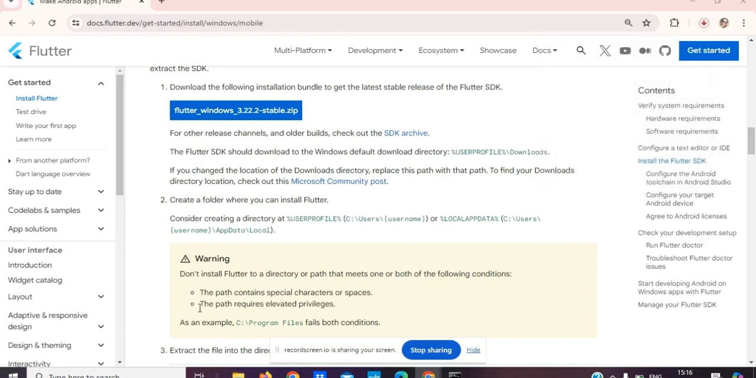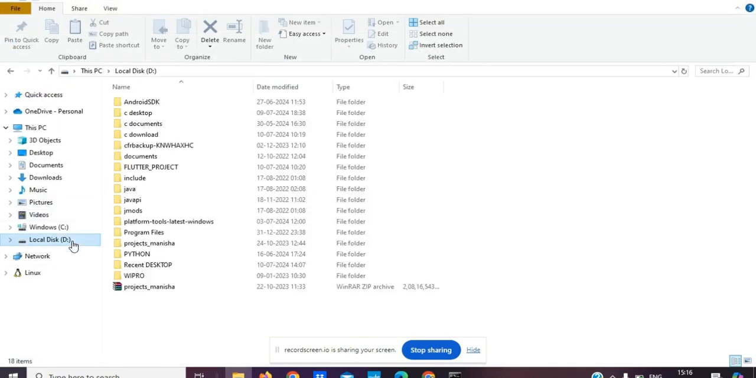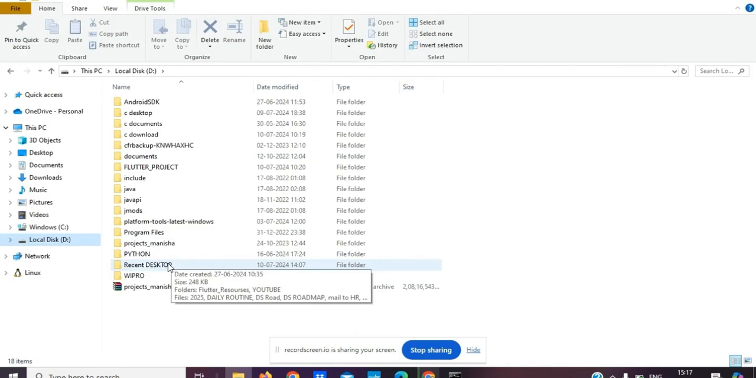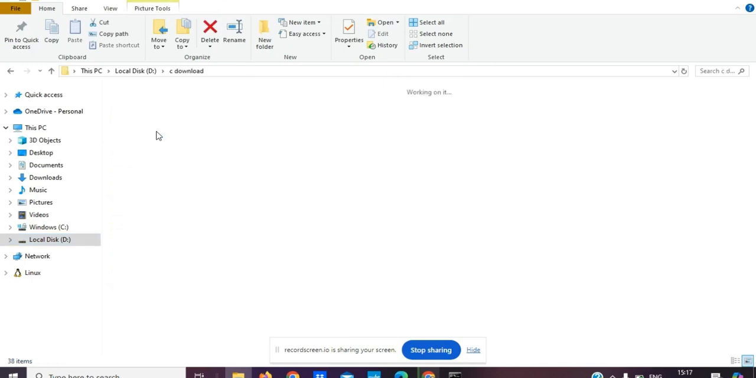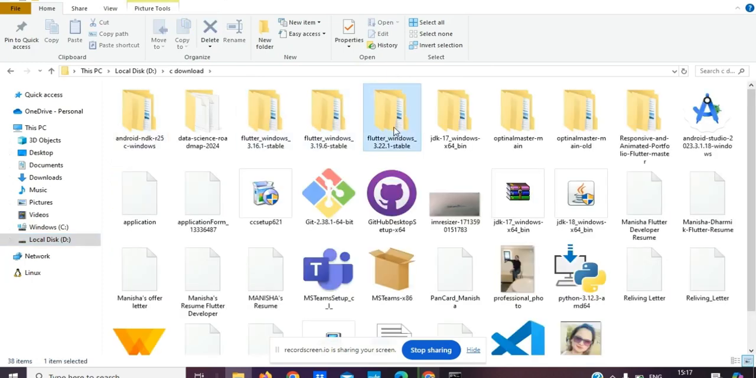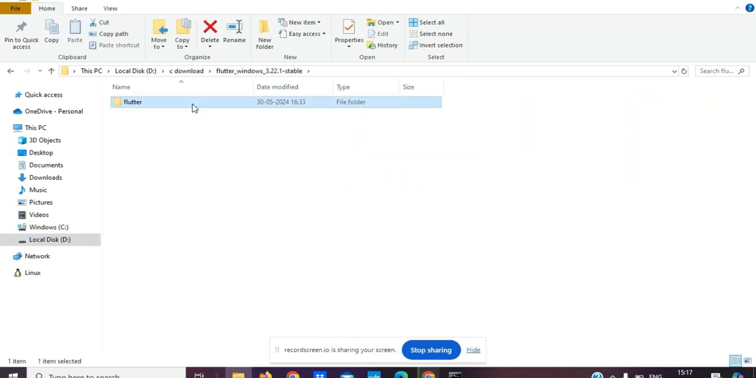You have to go to the specified path directory where you have installed the Flutter SDK. So I just install here. After installing that file, you have to set up the